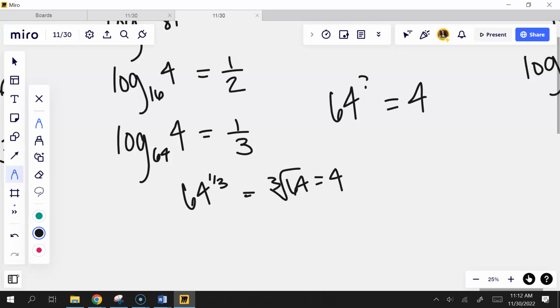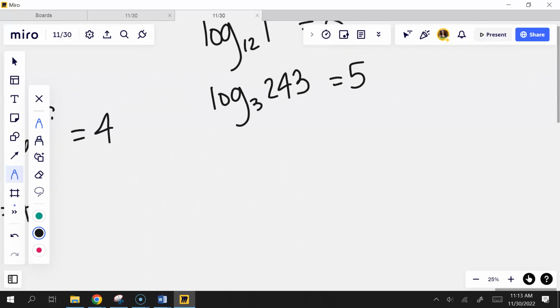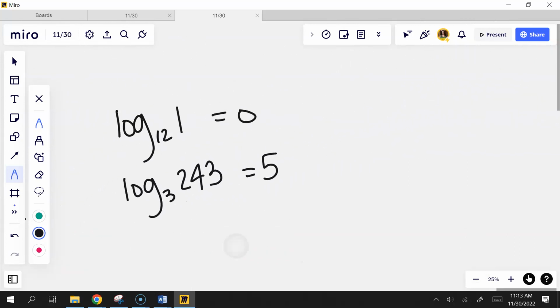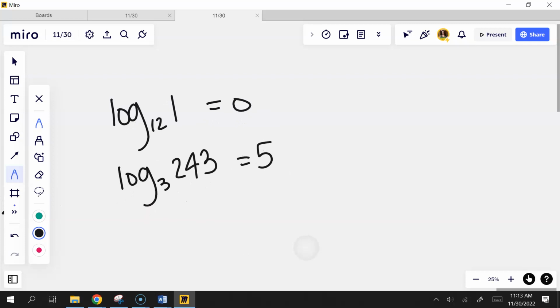So here's the way I think. Listen, this will help you. If you're going from a whole number to a smaller number, I'm thinking that I got to take a root, so I'm thinking about a fraction for an exponent. If you're going from a whole number to a fraction or vice versa, I'm thinking about a negative exponent because that's what flips it over. Yes. No. Which one? This one? 3. Yes. How about